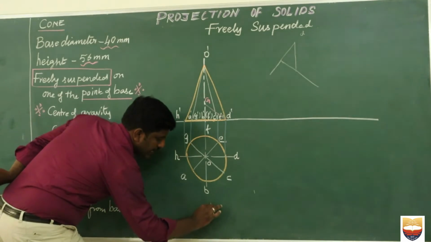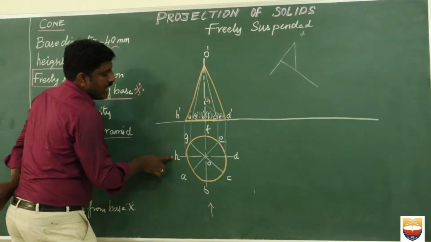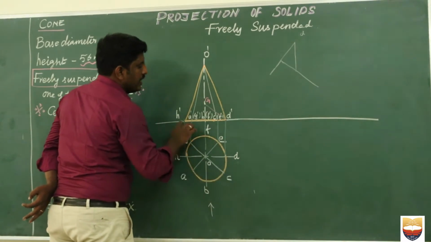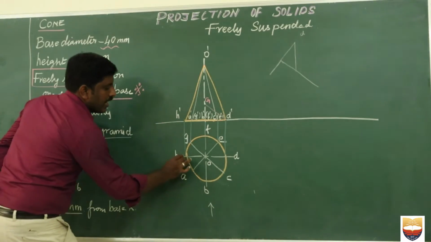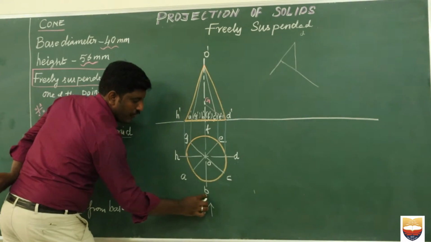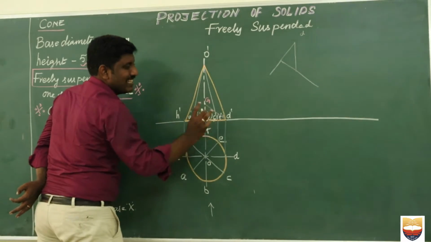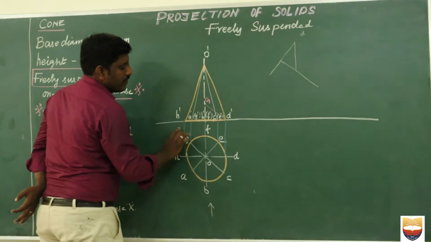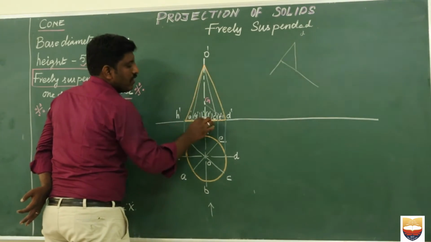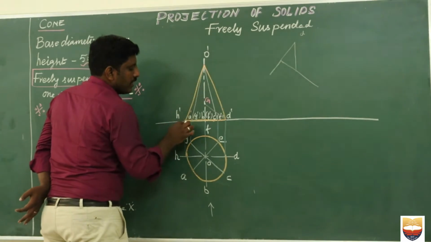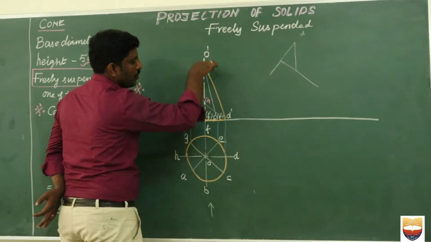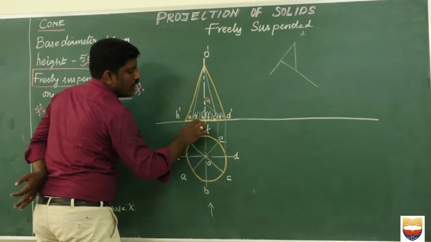You obviously know that in case of a cylinder and cone, when I look from here, I can see H, A, B, C, D. But only H and D should be darker. So I just projected all the points from here and drawn the center line first. Even though I have B, I have not drawn it dark since it is an imaginary directrix. Then I have fixed the height from the center line. The given height is 56 millimeter, measured from the base. Then I have connected the last two very important directrix, H to O and D to O. And don't forget to draw your base diagram.